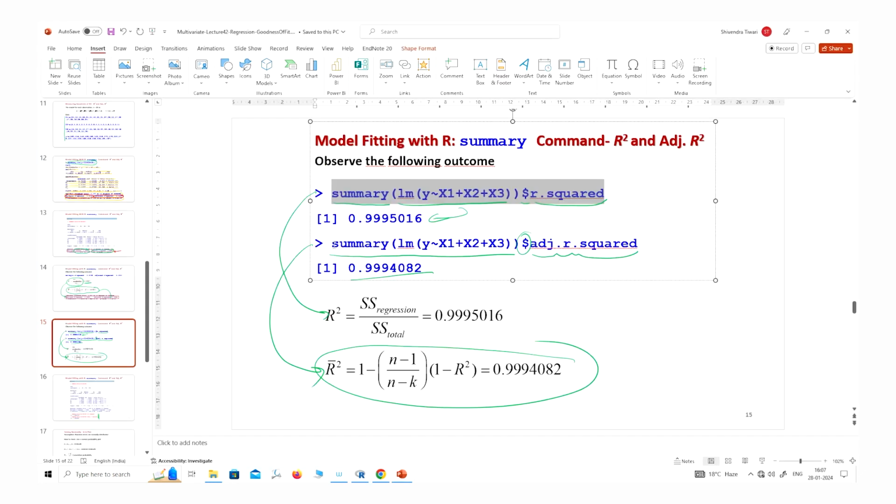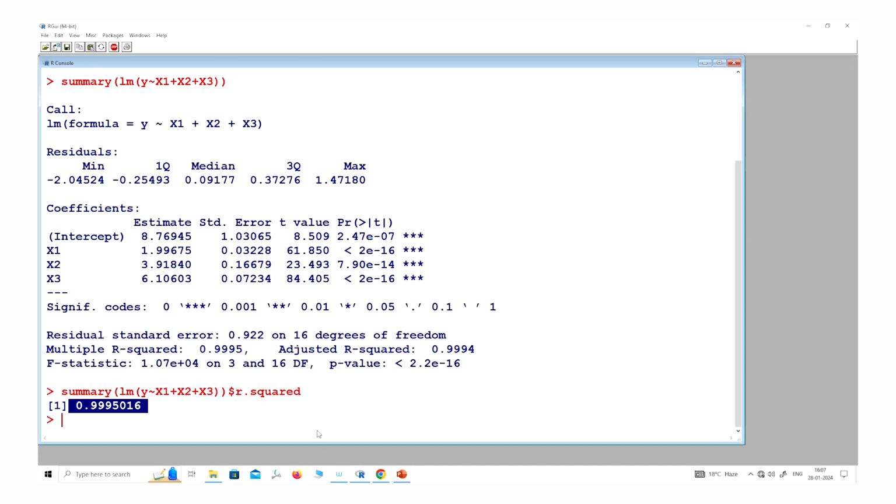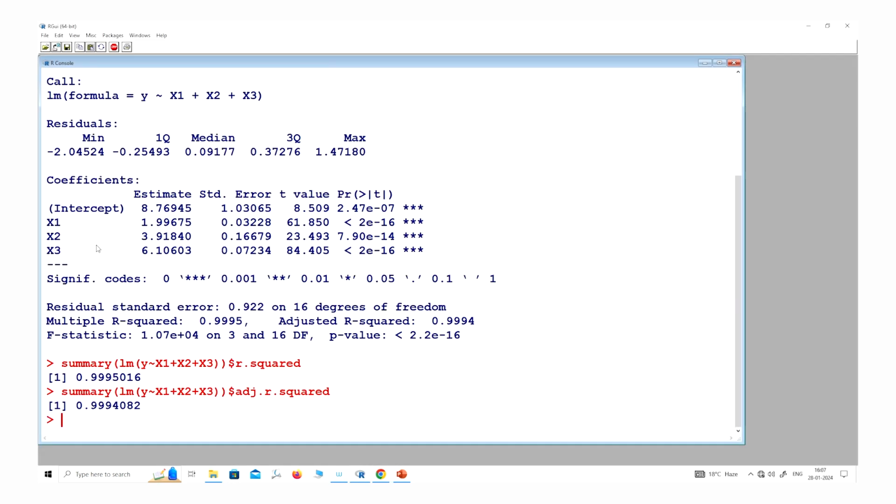And if you try to find out the adjusted R square, then you can see the standalone value of adjusted R square is obtained here 0.9994, which is obtained like this one. So you can see it is not very difficult to find out these values and to get the required information about the goodness of fit of the fitted model, right?